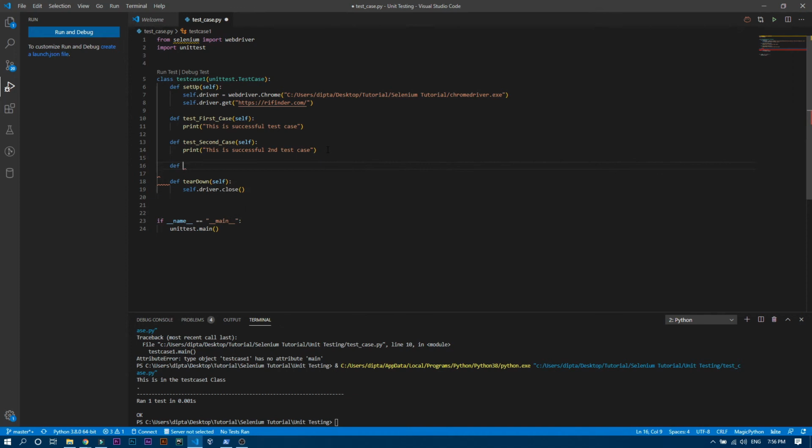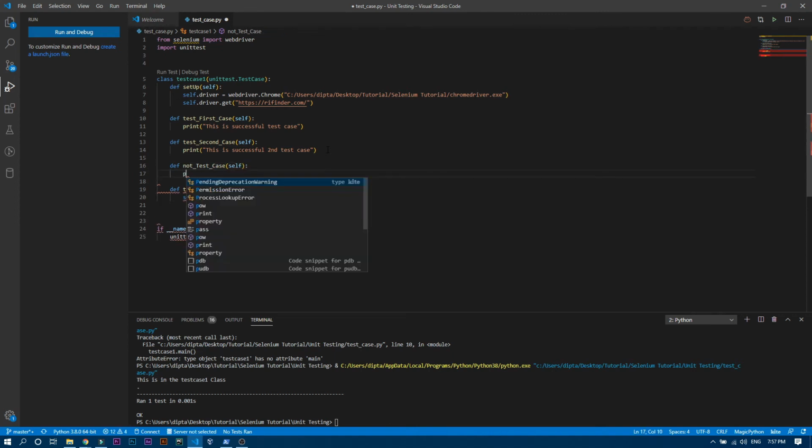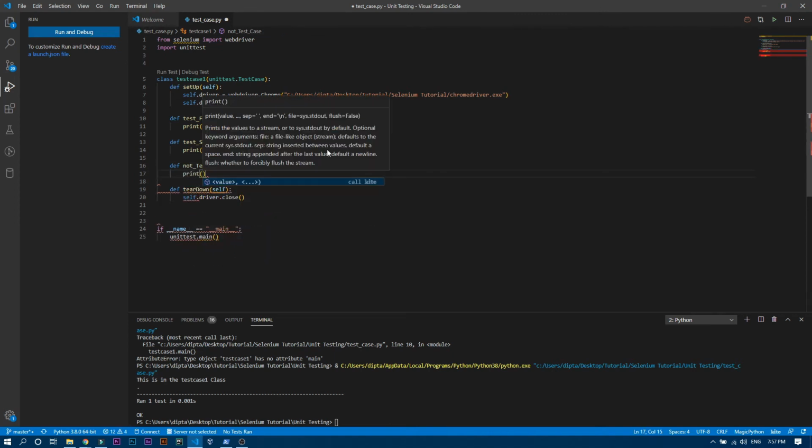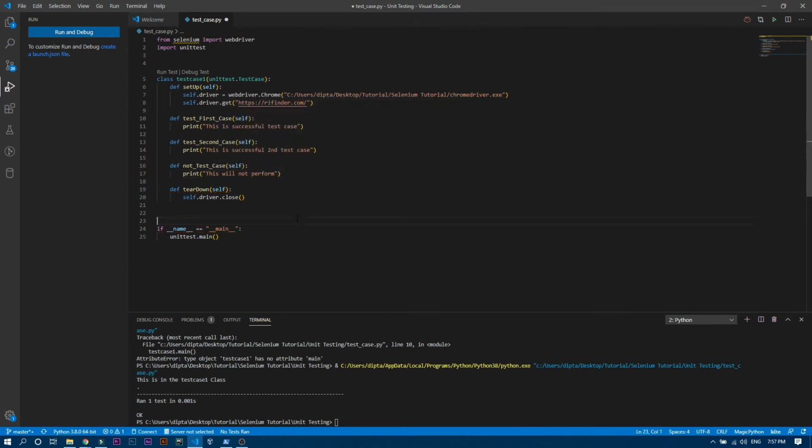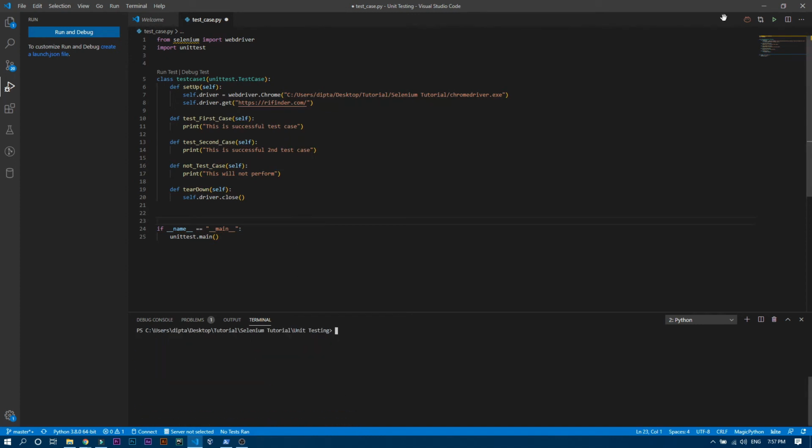So I'll just write over here not test case. And it will also take self, and here we are going to print this will not perform. Okay, that's it.